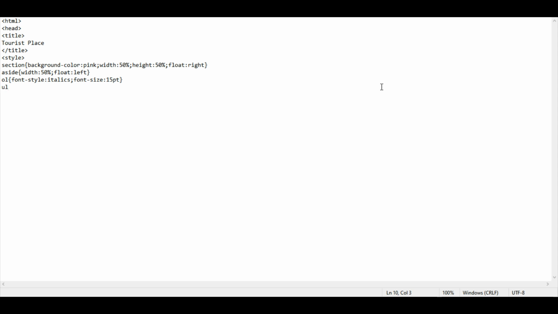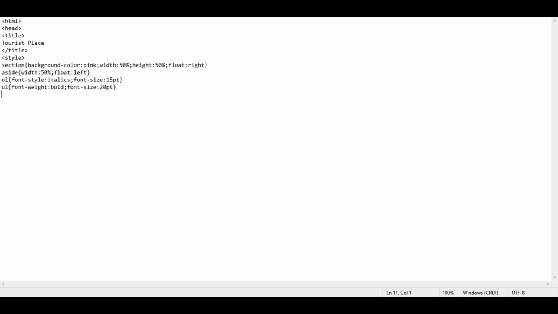UL tag, that is our unordered list. Here the font weight would be bold along with our font size to be put in as 20 points.